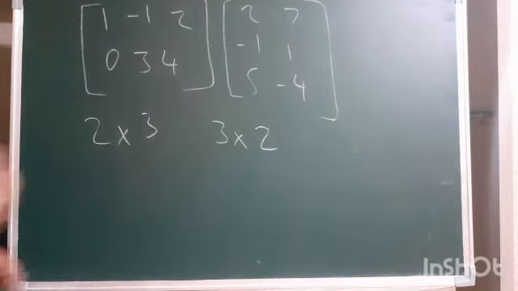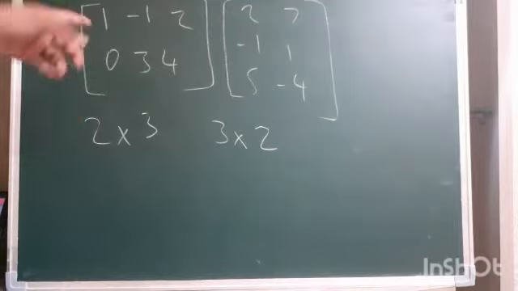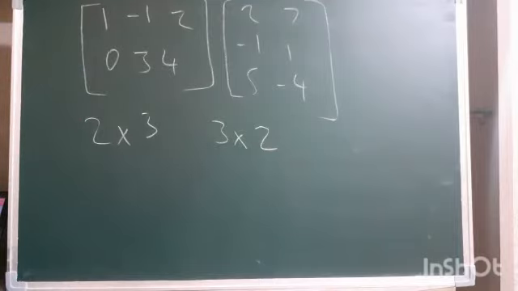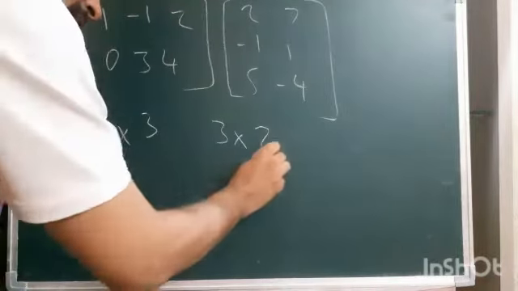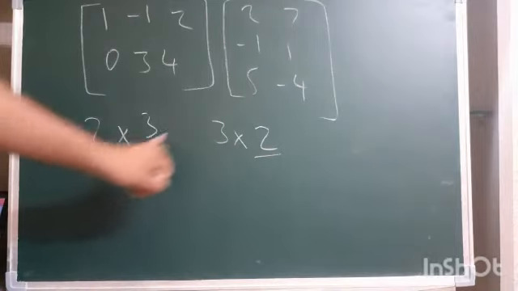So the first thing we have to check is that the number of columns in the first matrix should be equal to the number of rows in the second matrix. Then only is it possible to multiply them. So this is the first rule we have to look out for in order to do matrix multiplication. So here the rows are 2 and the columns are 2, so the new matrix would be of the order 2 into 2.